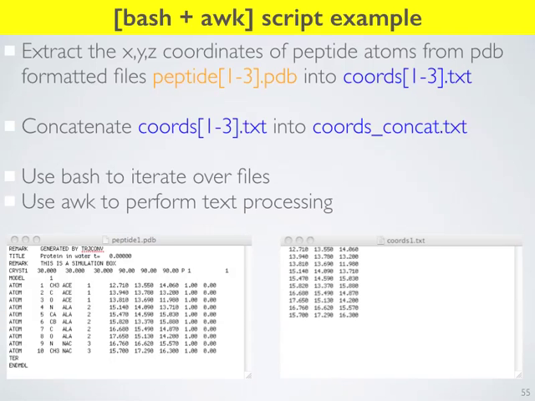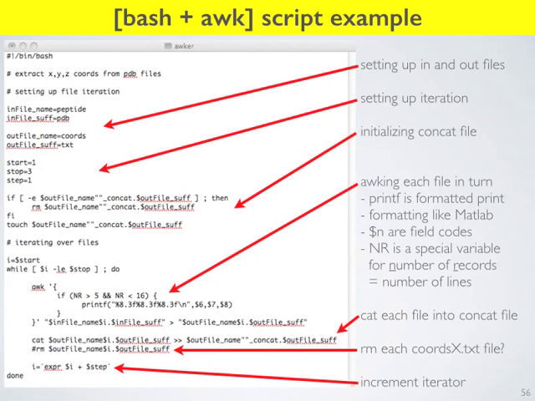So it's annoying. It's unfortunate that $1, $2, $3 refer to bash arguments and also to fields within awk. It's confusing, I admit that, but you just have to get used to it. So when you're inside awk, $1, $2, $3 refers to the fields in a particular line of a file that you're reading. Okay. So we just want to print these 6, 7, 8 to our output file in this formatting. So floating point, 8 digits with 3 decimal places.